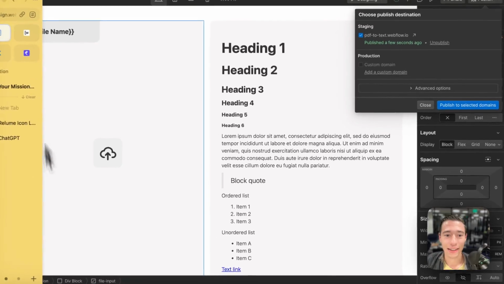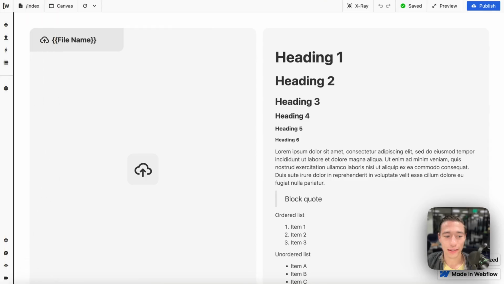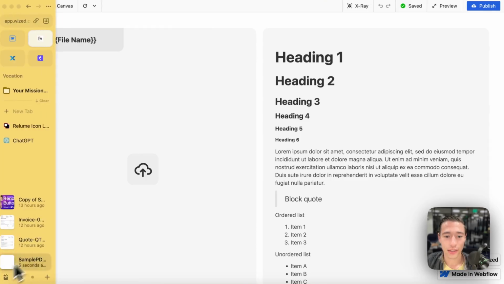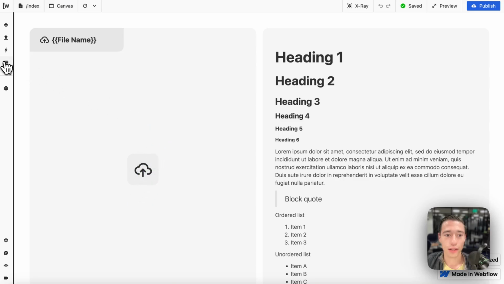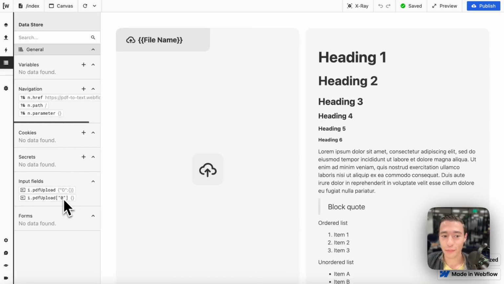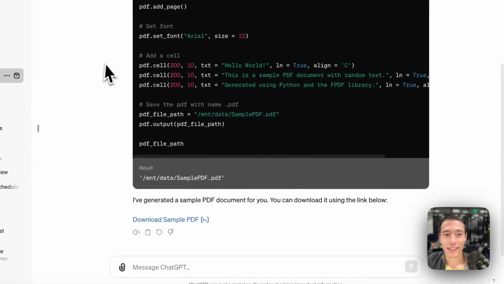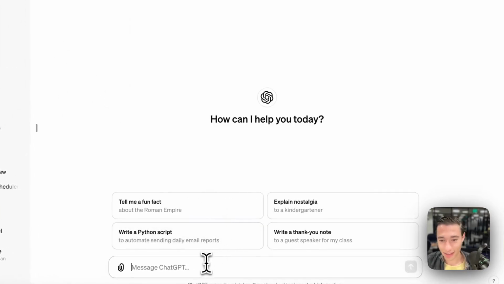Perfect. And let's go back to Wized, and let's take this file in here, and let's upload that file. And as we can see, we got the file uploaded in here. Woohoo! Perfect. So now let's ask ChatGPT, can you write a JS snippet to turn a file object of a